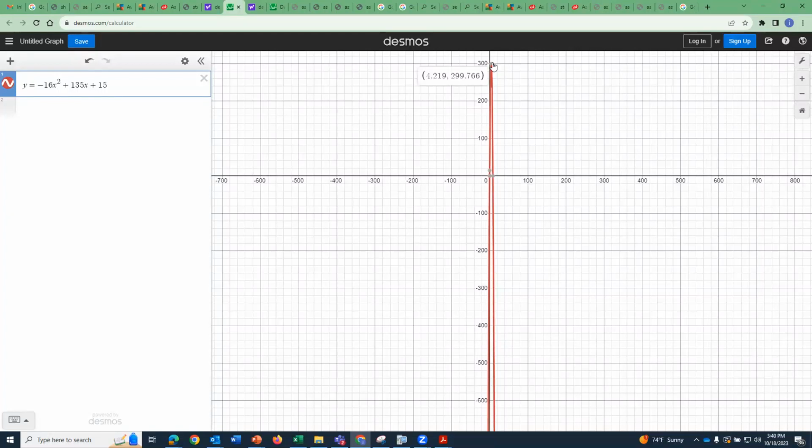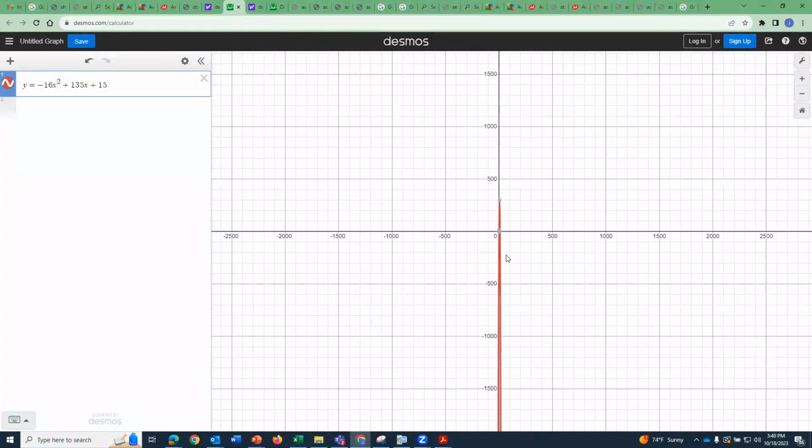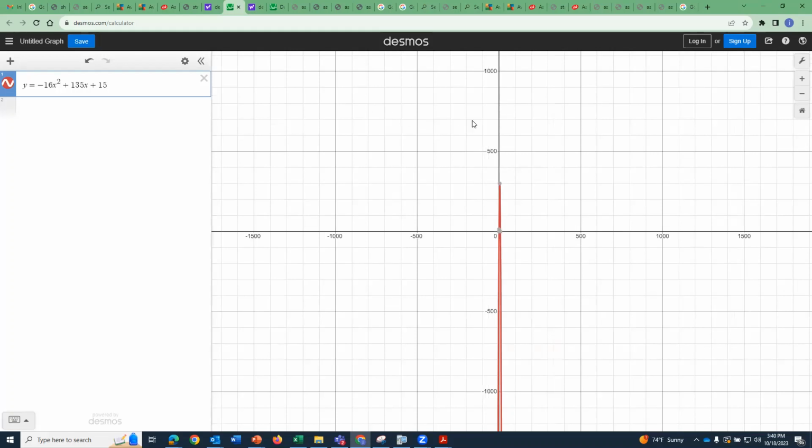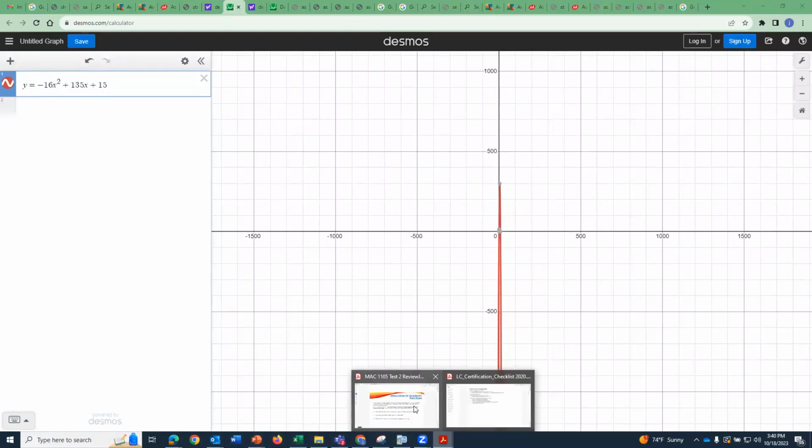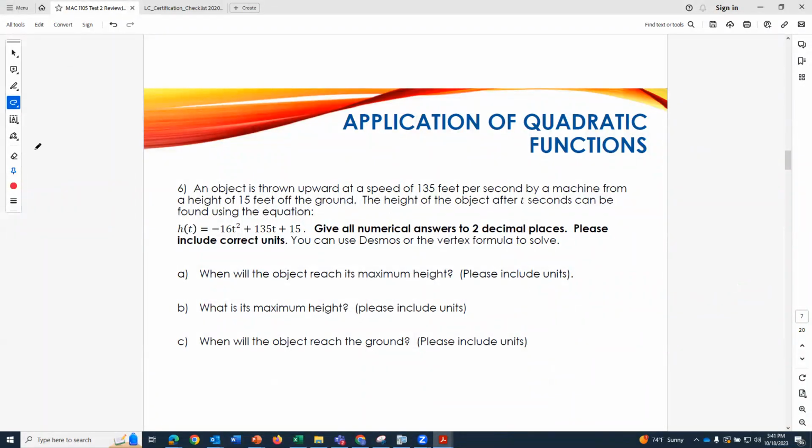And you see the vertex right here. If we use the vertex formula, what we have to do is identify my A is -16, my B is 135, and that means my T will be